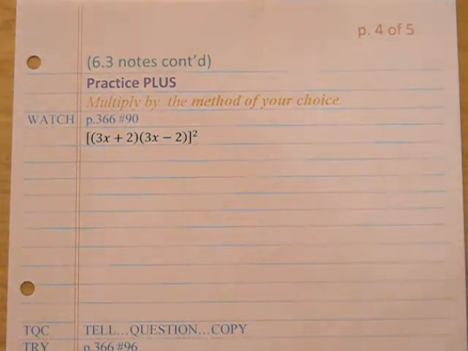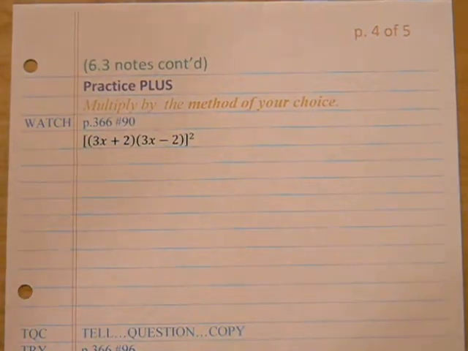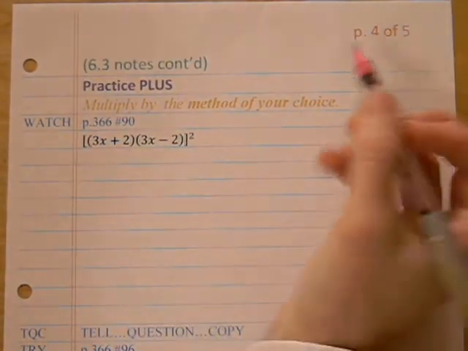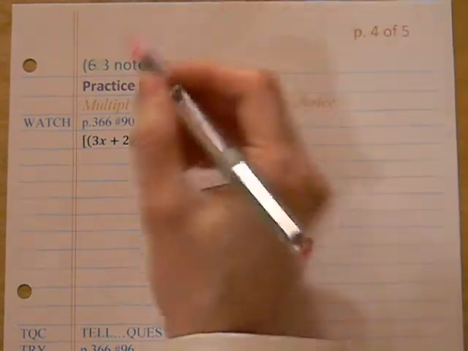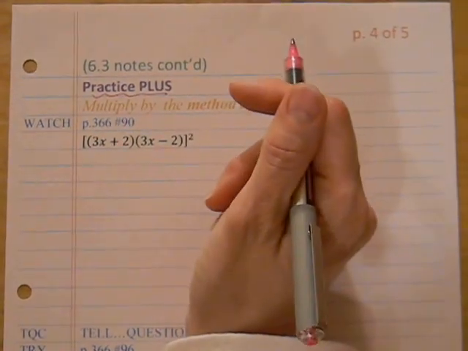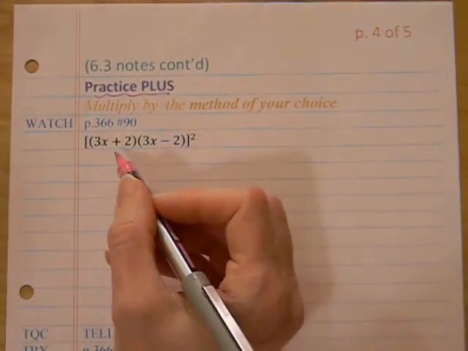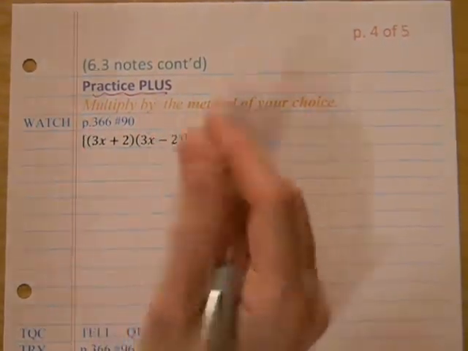Okay, and in 6.3 now, page 4 at the top of the notes. And it says multiply by the method of your choice. Again, practice plus here. We're looking at 2 problems in one, more than one thing going on. So when you keep that in mind as you're looking for more than one thing happening, you can see here